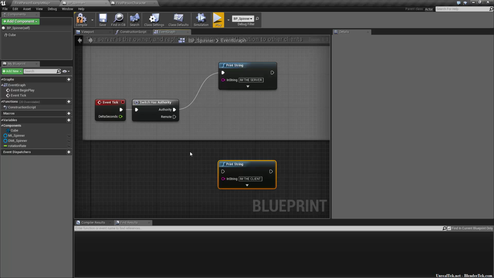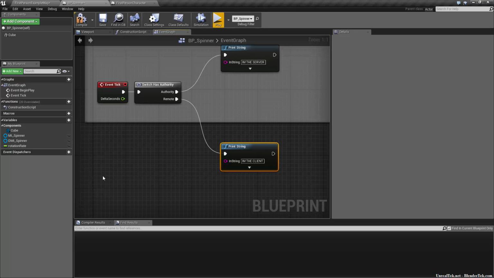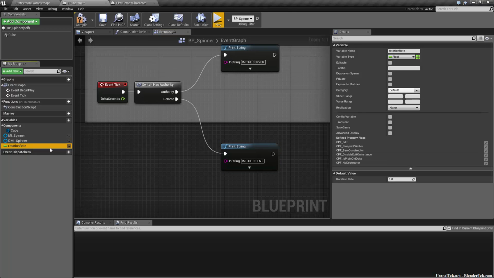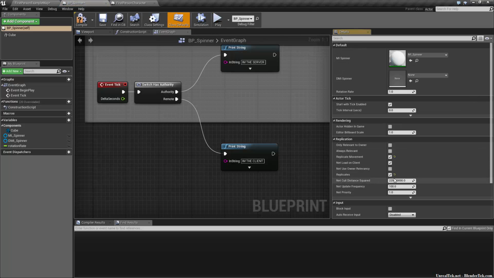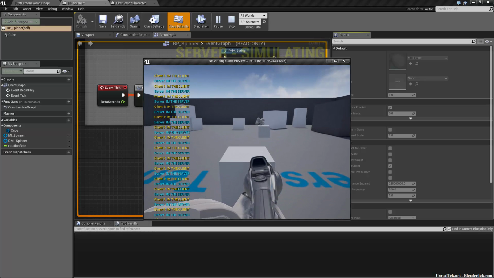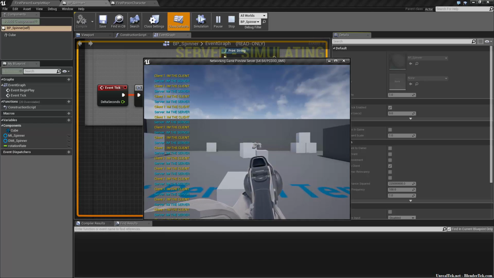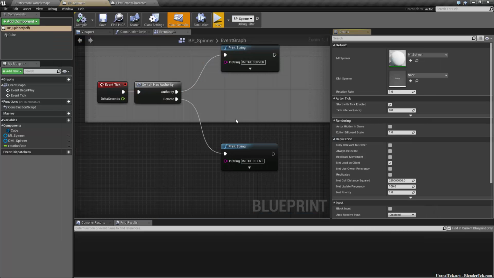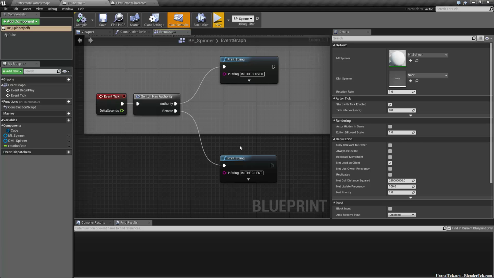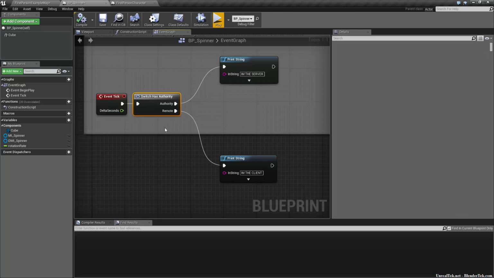So an example of this, if we went remote and if we set this to not replicate, I'm the server, I'm the client, and the server, I'm the client, I'm the server, you'll see that it's still working. They both have authority, or they don't both have authority, but when they get to the switch authority, even though it's not replicating,